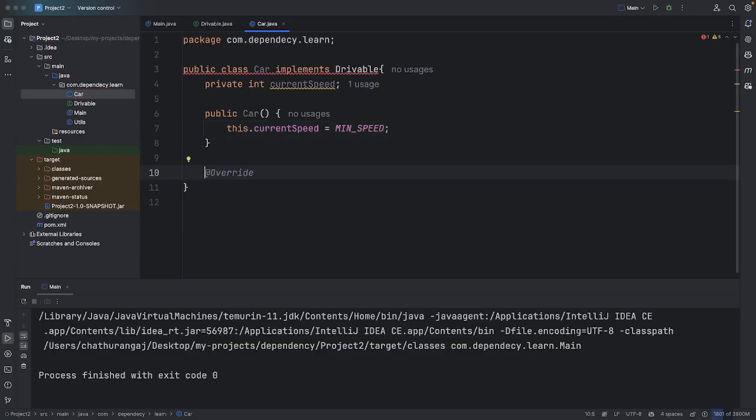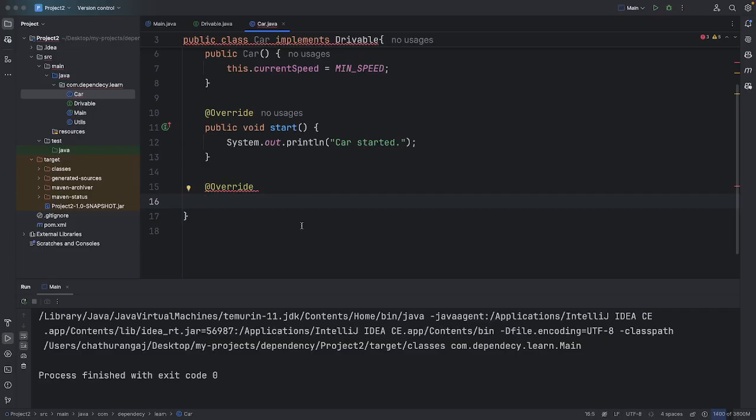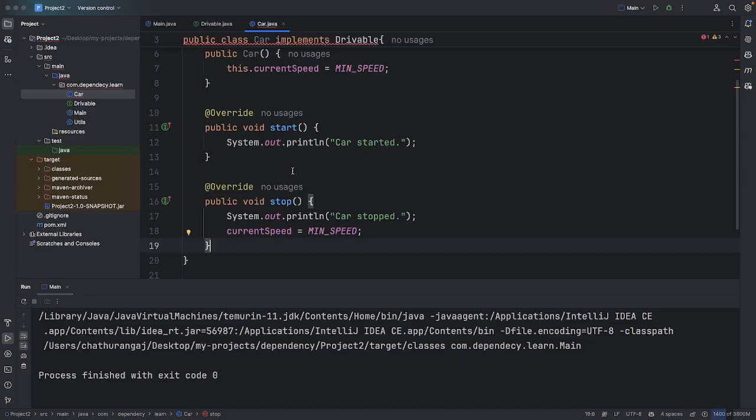Then we have to implement the functions. Since we are going to implement the methods related to the interface, we can use the Override tag. So the start is going to be like this. Here I'm just adding print methods. Stop, then